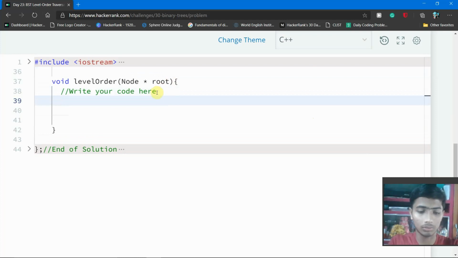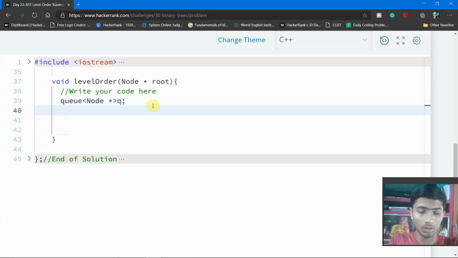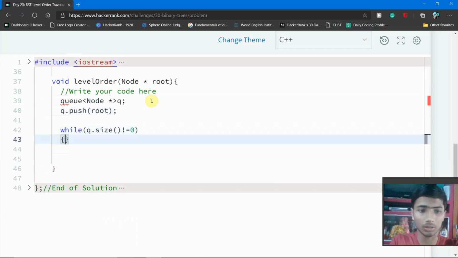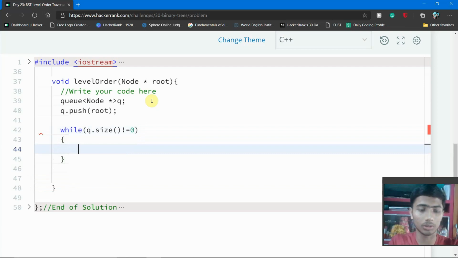So we simply write queue of Node and name it queue, and then we simply push the root inside of the queue, and after that we make a while loop and write queue dot size not equal to 0. So that means when the size of the queue is 0, the loop is done.